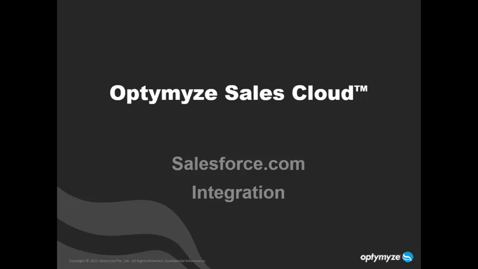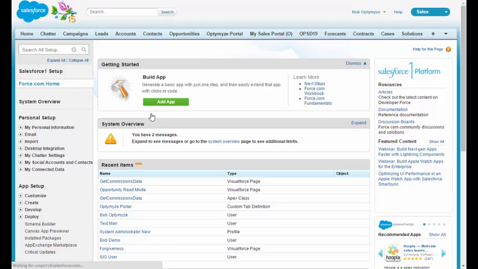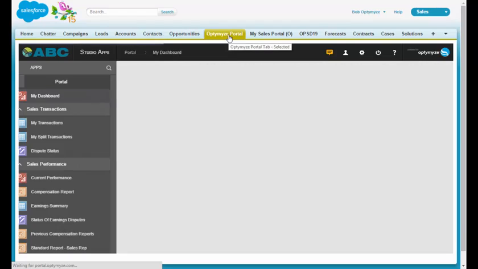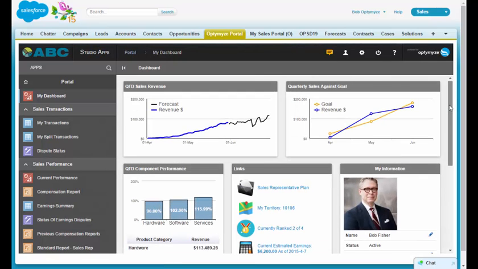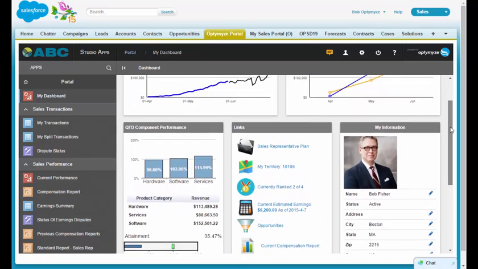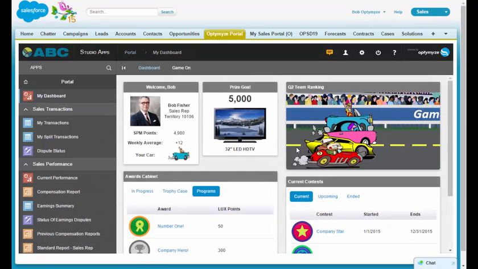Optimize features full two-way data integration with Salesforce.com and similar CRM packages. So a common point of access may be through single sign-on from within Salesforce.com, where I can now come and look at my accounts, my contacts, my opportunities in Salesforce, and also access my Sales Comp portal. This gives me the ability to see my dashboards, overall performance information, my plan documents, my plan information, my territories,